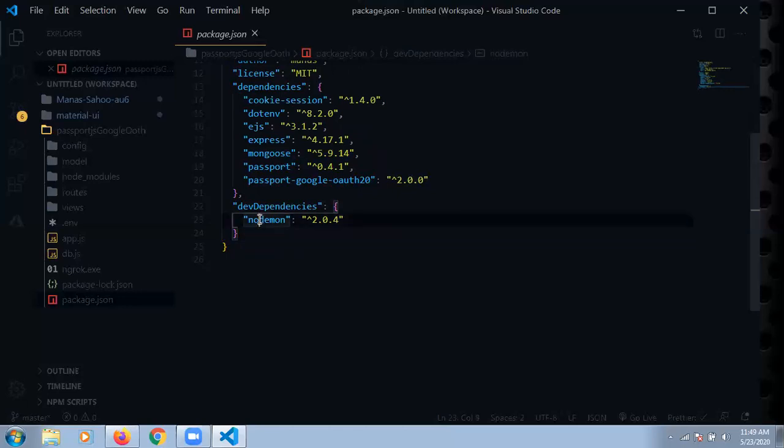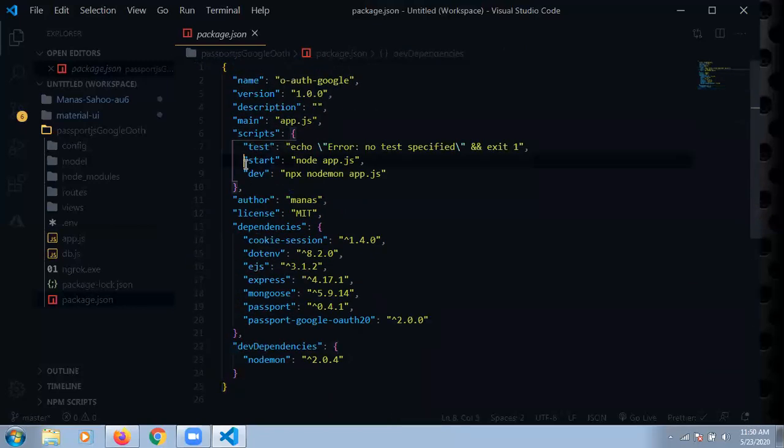So we use nodemon as an npm package, and this is the main package which every developer uses during development. After that, you can uninstall it when you deploy your application because it is not needed; only node is enough. This is the main purpose. I will now explain the scripts part.